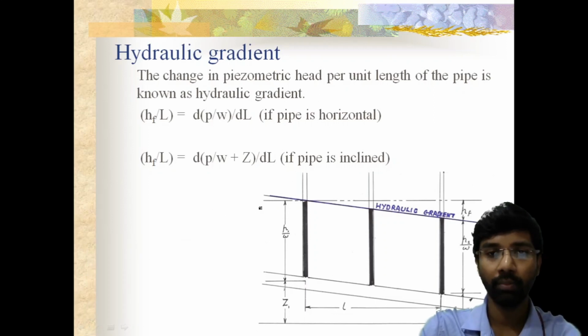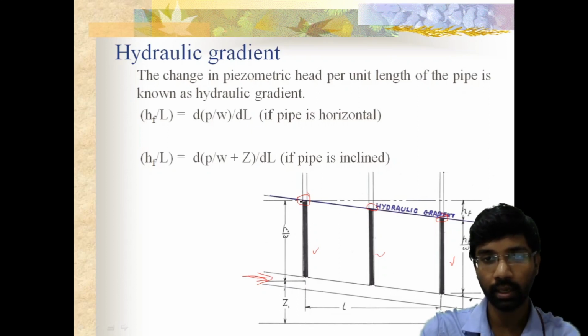Here, if you observe carefully, let us consider this diagram. Here you have this pipe. Let this red color be the flow direction. Whenever the fluid is flowing in this pipe, these three piezometers are connected, and if you join the levels of the piezometers simply with a line, then it is called the hydraulic gradient line. Observe this line is with some slope. This particular slope is called the hydraulic gradient.